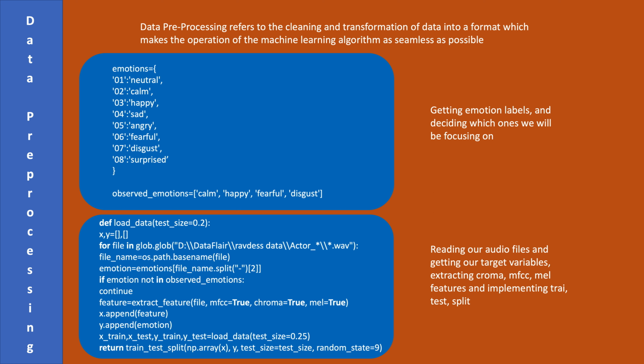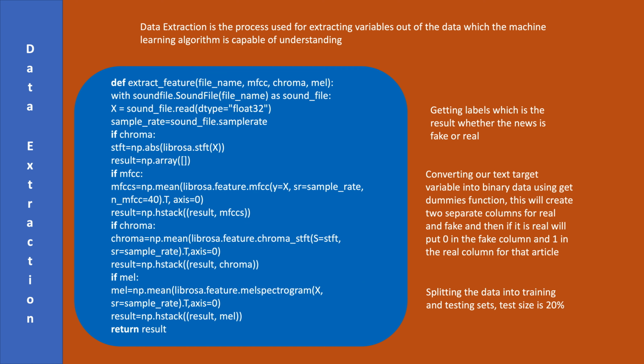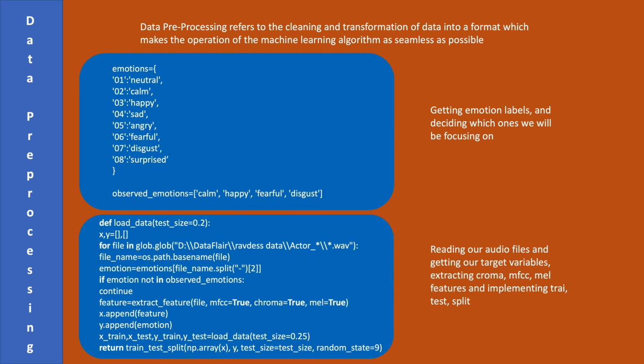Okay, then we are extracting the features. This extract function that we defined earlier, we are simply running this extract function on the file and getting the MFCC, chroma, and mel. So we have given true, true, true. We want all these three values. And then we are saying, okay, so now the features, which are simply all the features, MFCC, chroma, and mel, send that to x, and in y send the emotion. Then we are declaring x train, x test, y train, y test, and keeping our test size 25%.